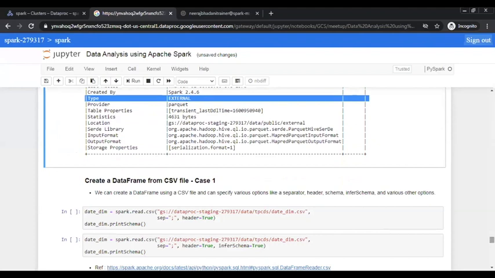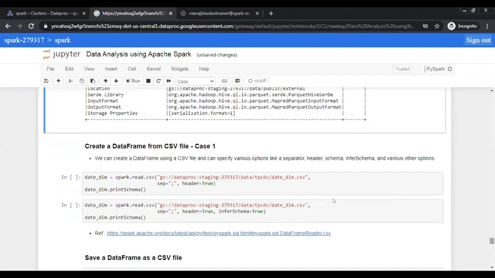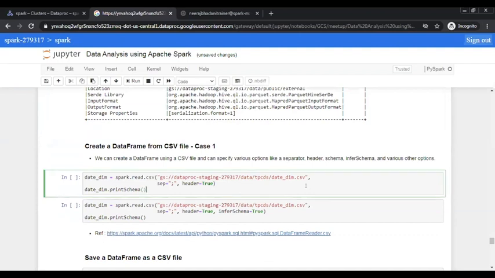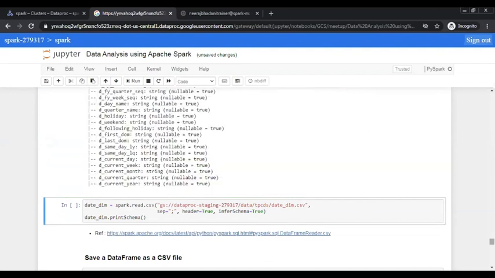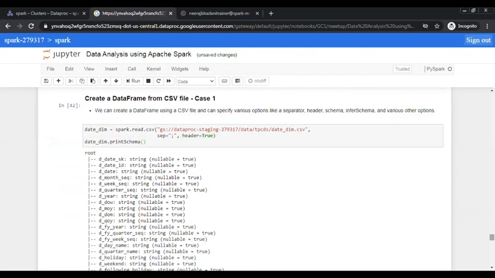So this is how you can work with the Hive table, read the data from the Hive table and store as a Hive table, either managed or external table, or a partition or non-partition table. Okay. Now, let me quickly show you how we can read the CSV file and create a data frame. Once you have the data frame, you can pretty much do whatever you want. And again, you can store your data frame as a Hive table, CSV file, or any other formats which we're going to discuss. But let's see how it works.